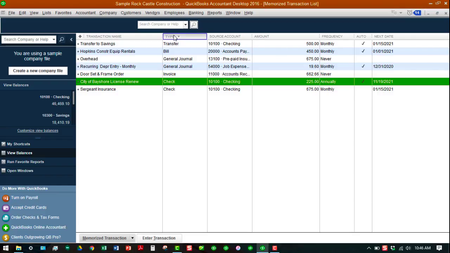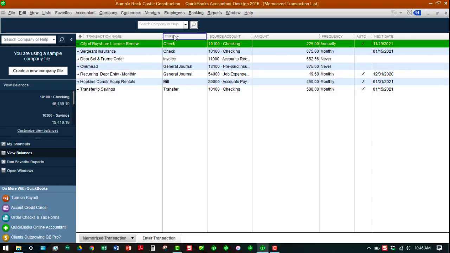So I'm going to go ahead and filter this list again, or sort by type, because now what I want to do is use groupings. Now, let me tell you about groupings. Groupings override individual settings in the memorized transaction list. So if you wanted to set up for your